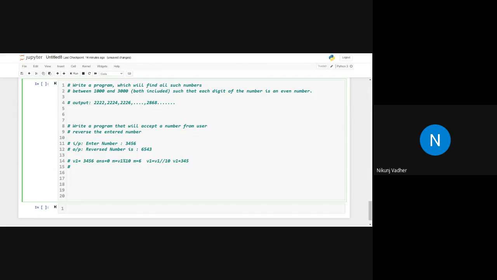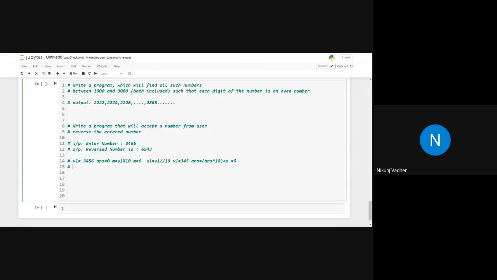Now answer equals answer into 10 plus M. So 0 into 10 means 0, 0 plus 6, it will be 6.